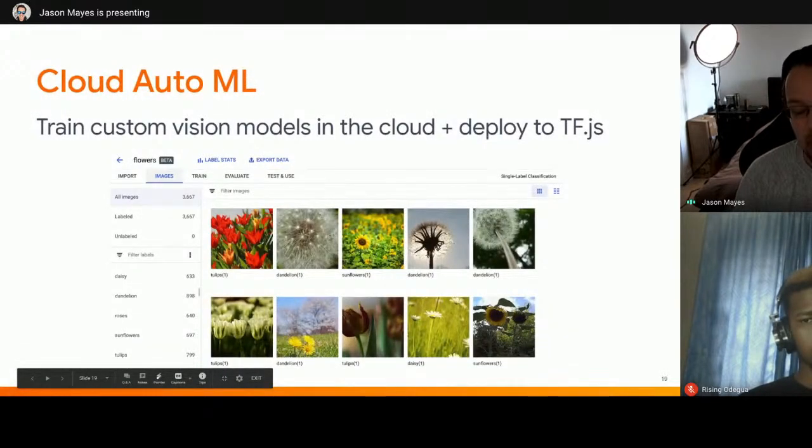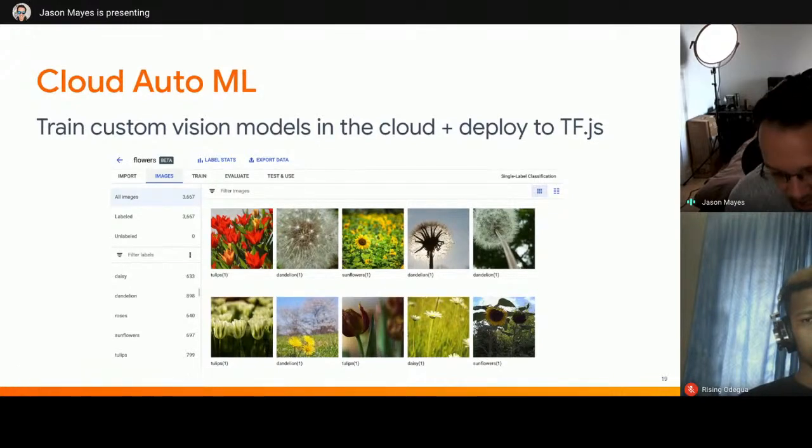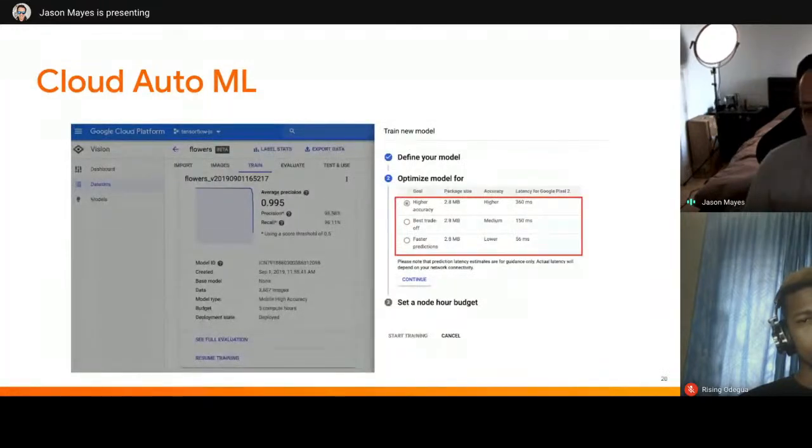I want to talk about production level systems as well, and using a similar technique, we can also use Cloud AutoML. This is a cloud-based system built by Google that will allow you to work with gigabytes of data. And you can see here someone is trying to recognize flowers. And essentially, you can simply upload folders of these images to cloud storage. And you can then click next, and you can then choose how you want to optimize the model.